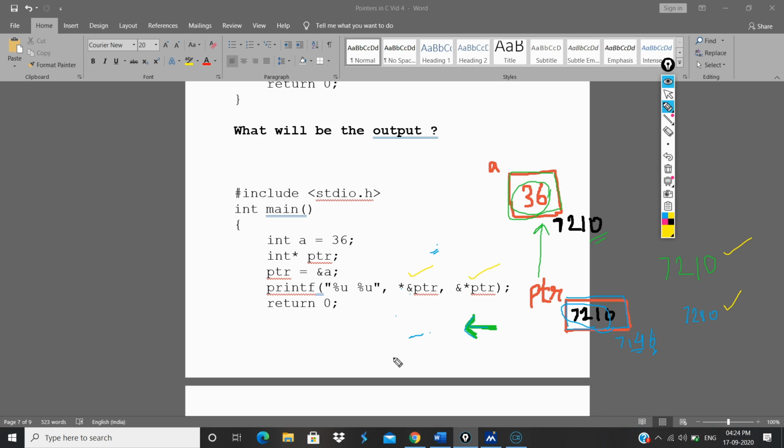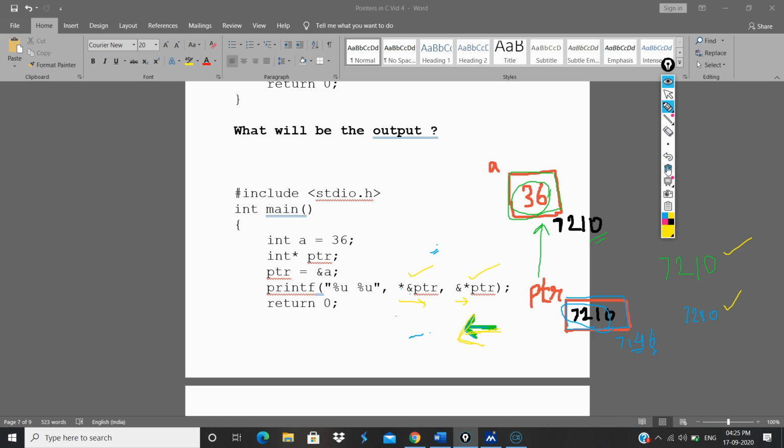This is a very conceptual point: right to left associativity is followed. Generally people make the mistake of starting from the left. Then sometimes they might give the right answer, sometimes they might falter, but the main concept you should learn is the behind the scene process.